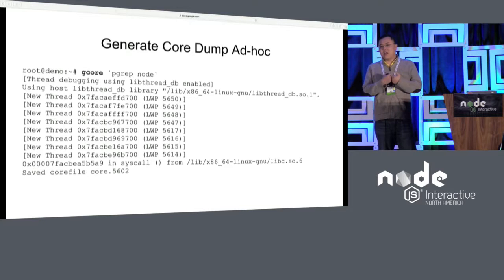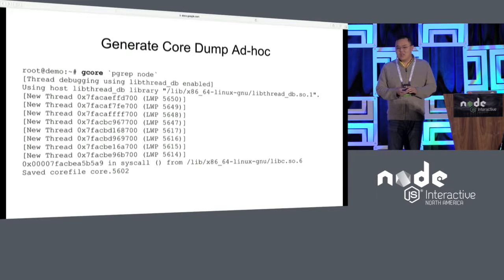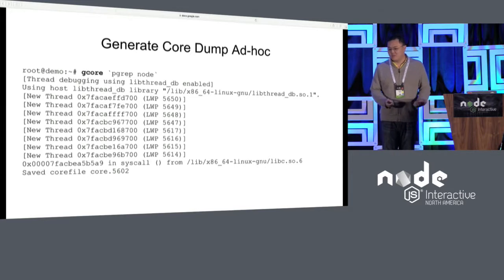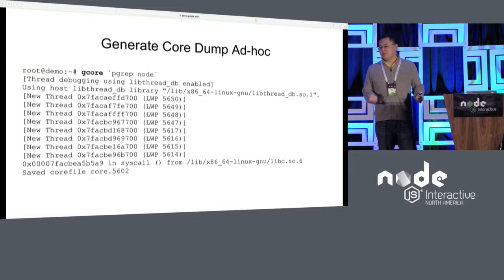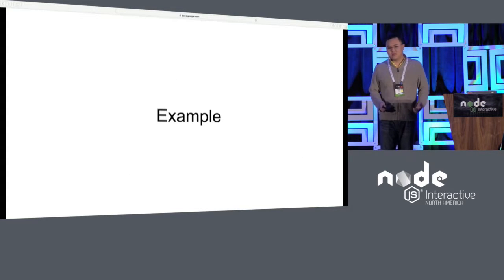In addition to dumping core when an uncaught exception is thrown, you can also generate a core dump with a utility called gcore, which is available on most Unix-like systems. That will take a core dump of any process while it's running. It pauses the process very briefly, and we use that all the time in production as well. If we think we have a memory leak or a process in a bad state, we just want to look at the core. So let me show you how we actually use core dumps with an example.